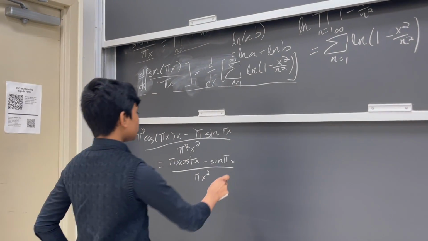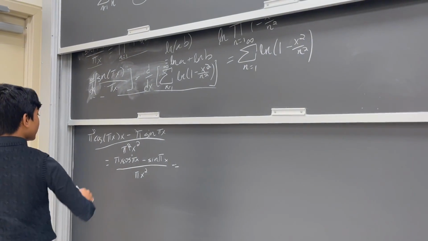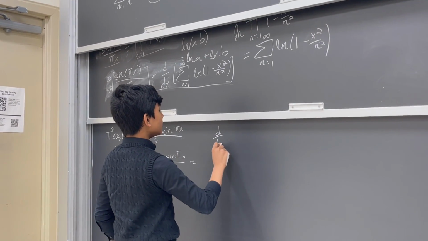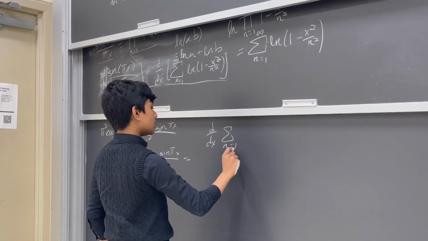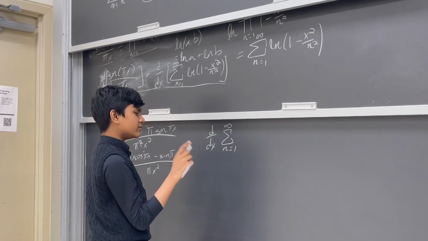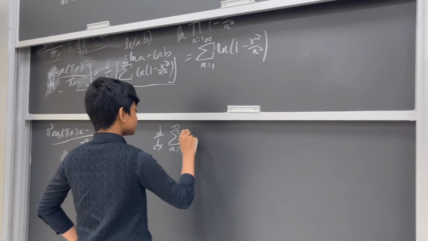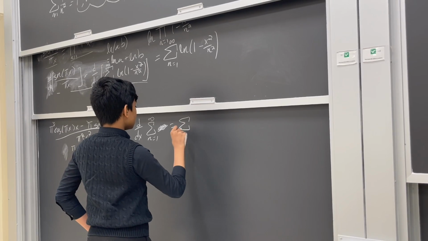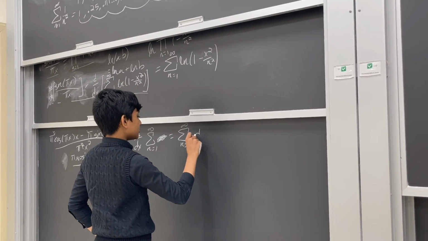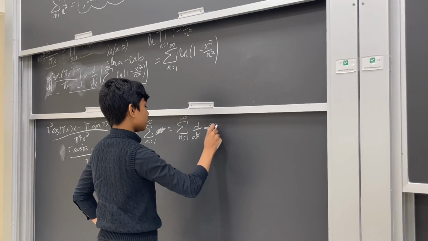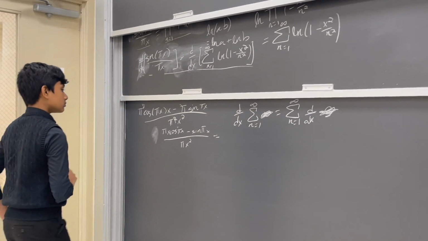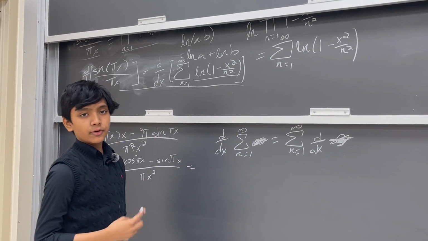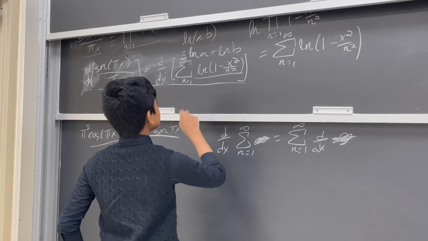Alright, and then what we're going to do is on the other side, the thing about it is you can actually interchange these series by something we'll cover in the full lecture. I believe it's called Tonelli's theorem. So this is equal to the infinite sum of the derivative of whatever was there in the first place. So then that actually gives us something pretty cool. All we have to do is take the derivative of this with respect to x. So what's that going to be?